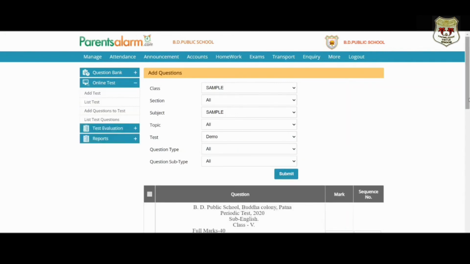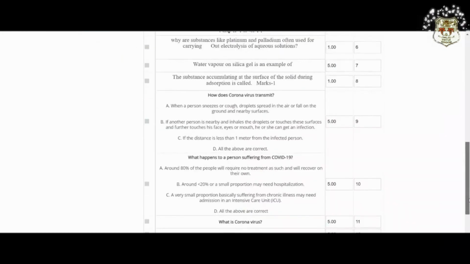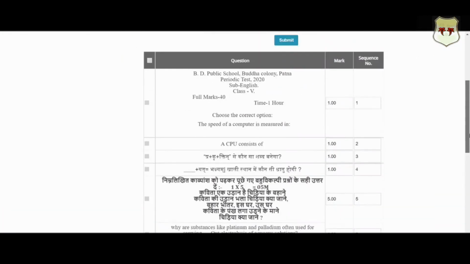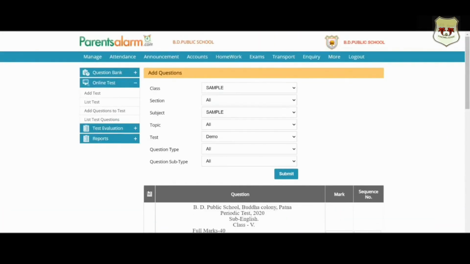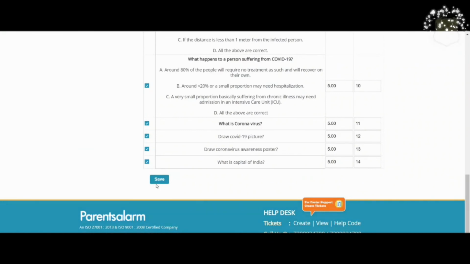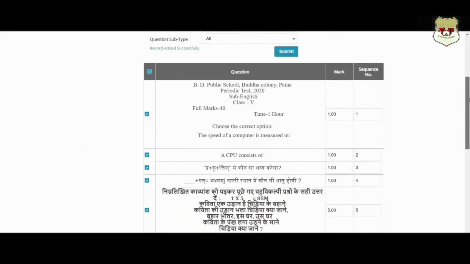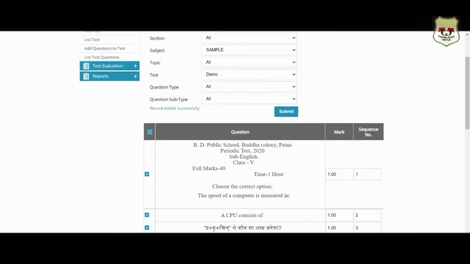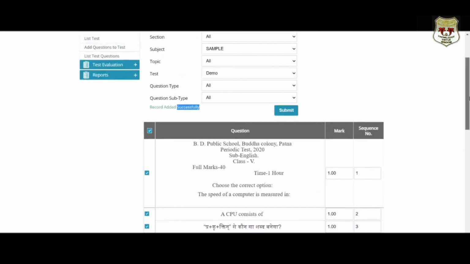See, all the questions appeared here. By clicking on all the questions, if you want to select, just click here, or else you can select only the questions which you want to add. So all 14 questions I have added here. I will save it. Once I save it, it says record added successfully. It means all 14 questions have been added to my test.